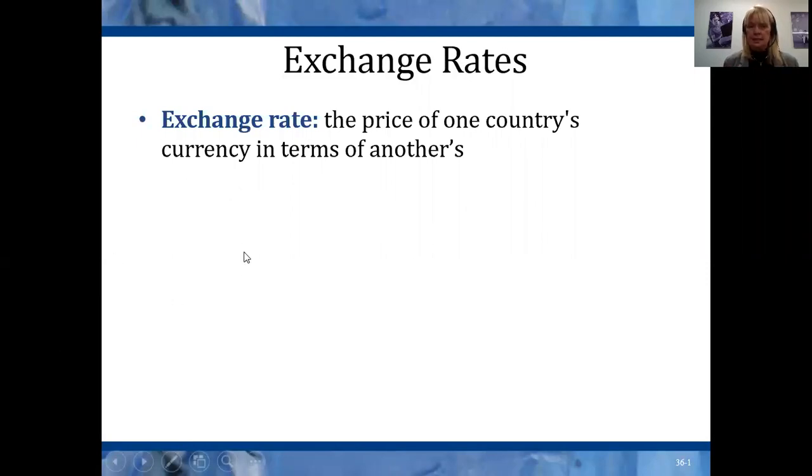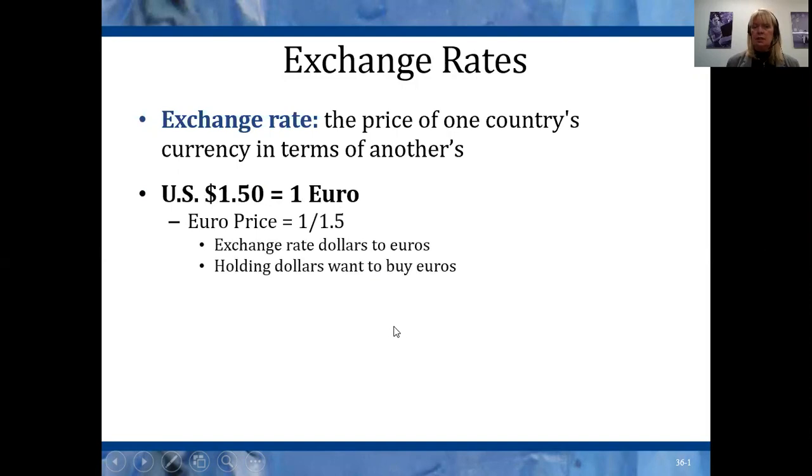So let's look at an example here. Let's say that it takes $1.50 US to buy 1 euro. $1.50 US equals 1 euro. So the euro price is 1 euro for $1.50 US, 1 over $1.50, just like you see here. This is the exchange rate, and it's for people who are holding dollars who want to convert them